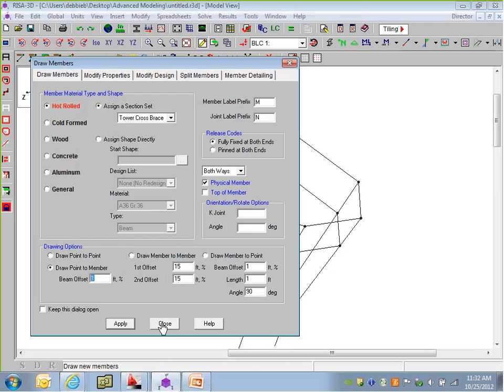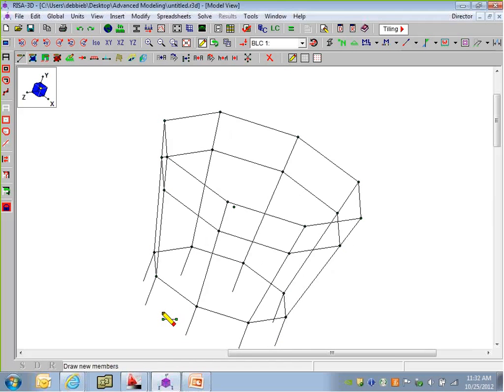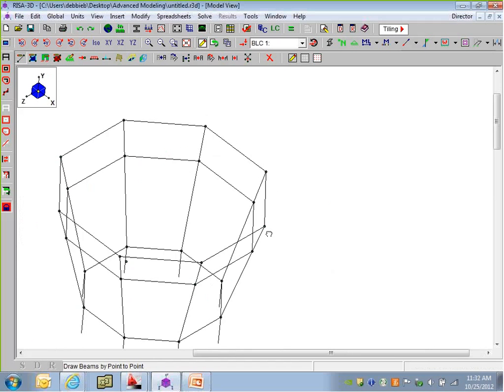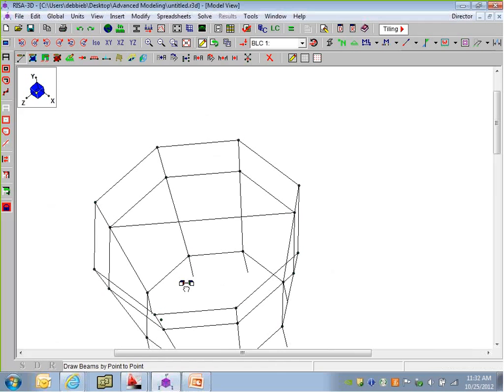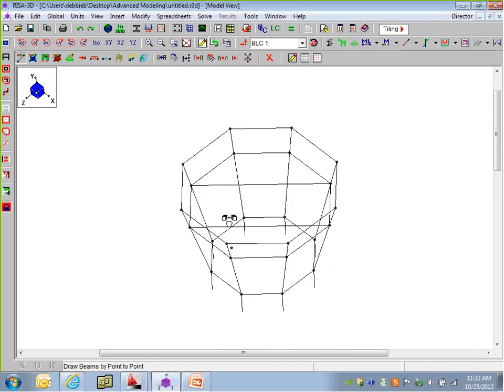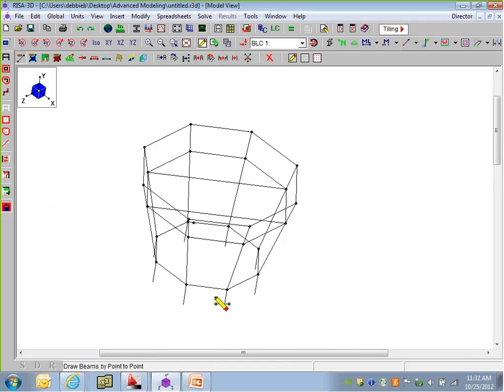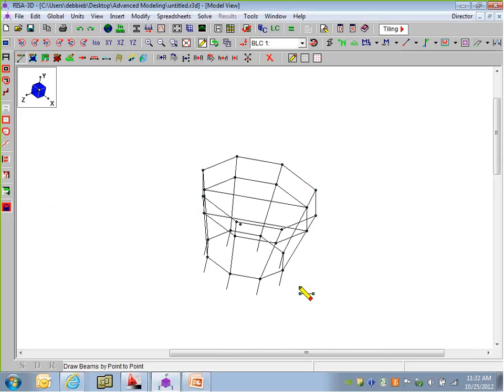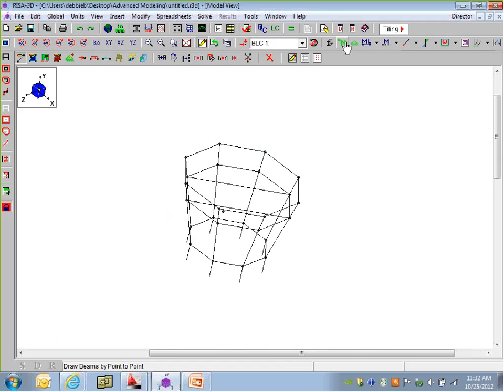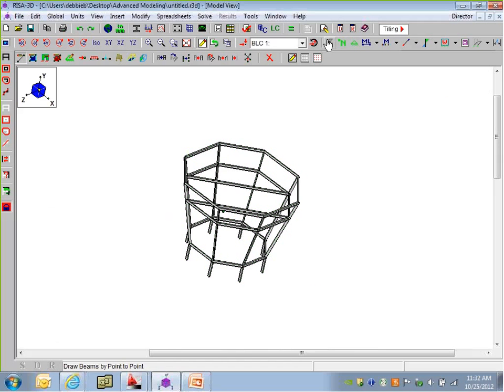I'm going to also just lastly draw in those, we call those building ties, and we'll do point to point. And we'll just look down on this model here, and I'm just going to draw straight across and tie this off. So these might be maybe your heavier beams on the top there, maybe to carry some elevator loads or a lot of things that are coming up this way. So I've got the whole tower, or what we call maybe our building portion on the top of the structure